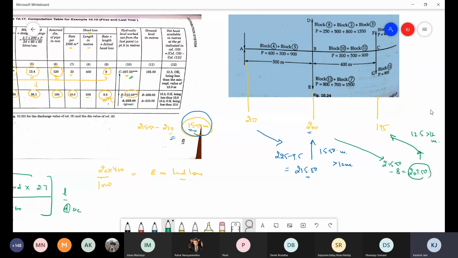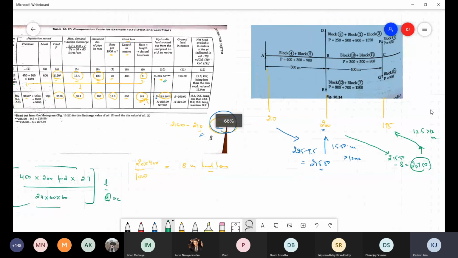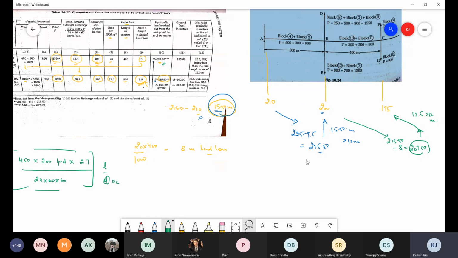So this is how you ensure that the design considerations are met and the head is met. That means accordingly the terminal pressure conditions are also met. Okay. And since nothing is given about the maximum allowable pressure for the pipe,